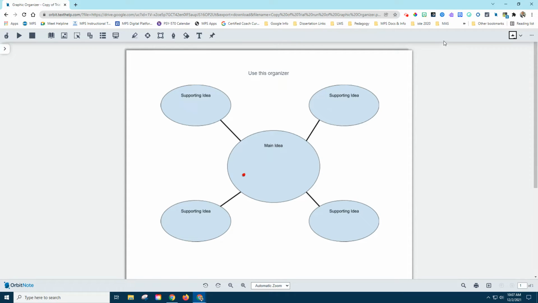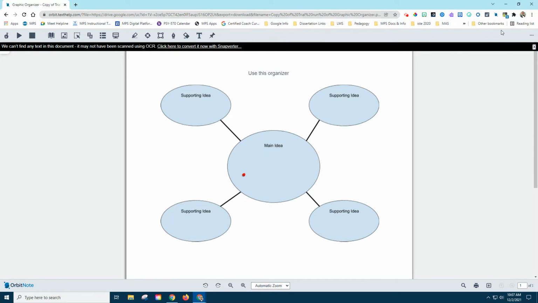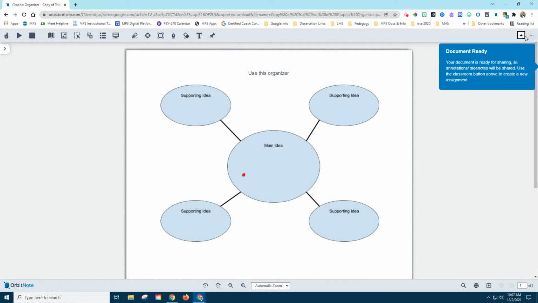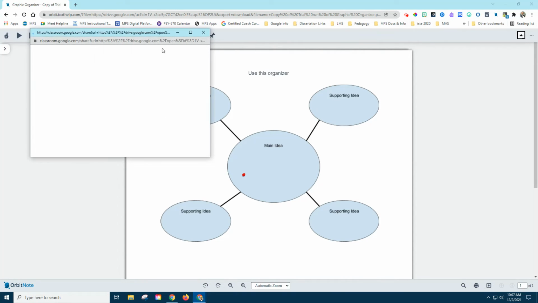One of the really powerful tools with this is that you can share this to Google Classroom. If you put notes on a PDF that you want your students to take advantage of, you can drop down here, click Share Annotations with Students. That's going to take a second to process. And then this document is ready. So if I go to the Classroom icon, Google Classroom icon, and click on it, it's